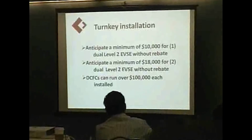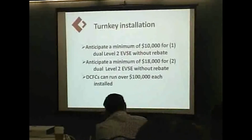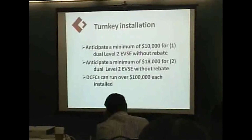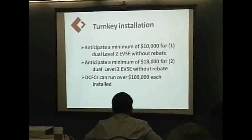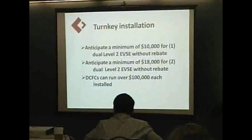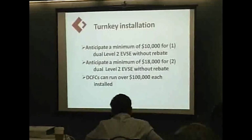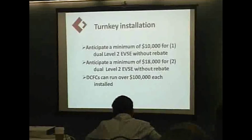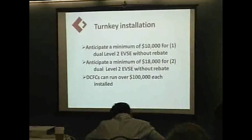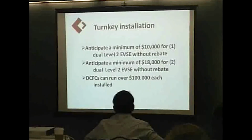So how much is it going to cost? Well, assuming that you have the infrastructure there, you should expect to pay a minimum of $10,000 before any rebates that could apply for a dual level 2 charger. Now the unit itself, and I'm talking from the products that we typically install, runs anywhere between $6,000 and $7,000 each to install. So for a dual level 2 charger, you would expect to pay a minimum of roughly $10,000. And of course here in Illinois you get 50% of that back, so you'd only have to come up with $5,000,